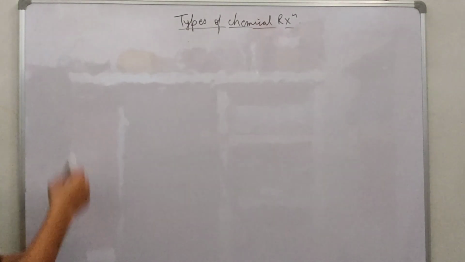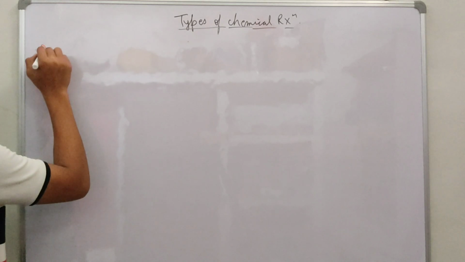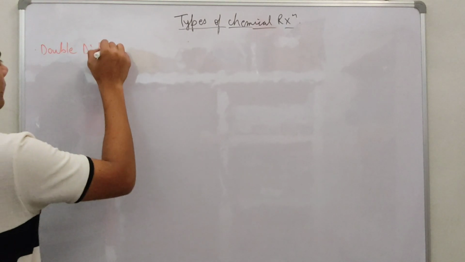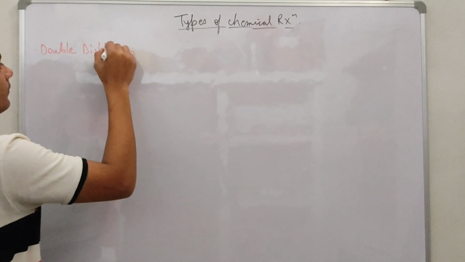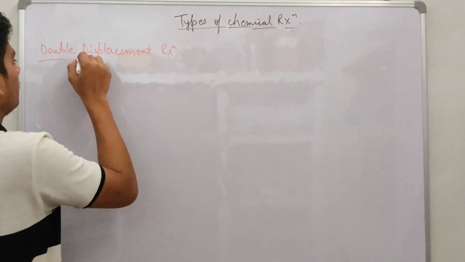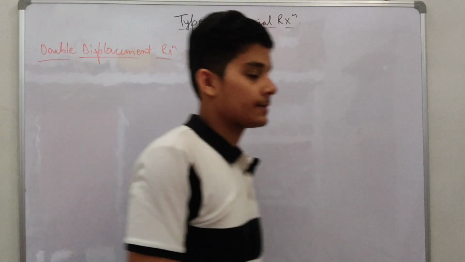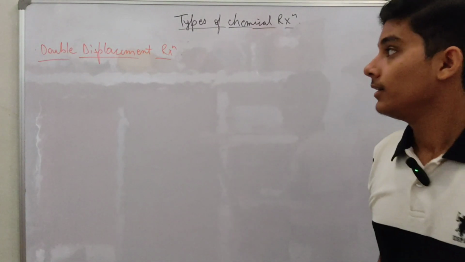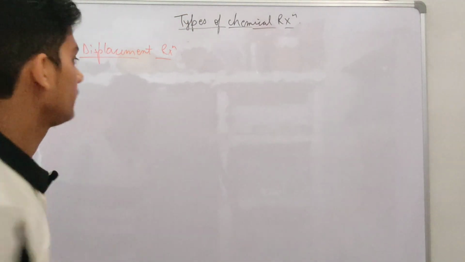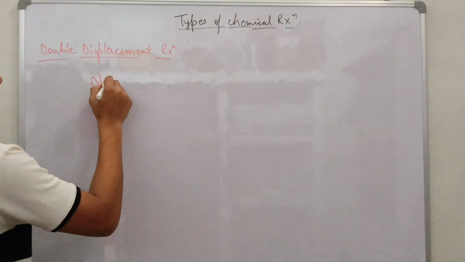Now we are going to discuss double displacement reaction. So in a double displacement reaction, what happens? It is just the same as a displacement reaction, but there is no consideration of reactivity. Example: Na2SO4